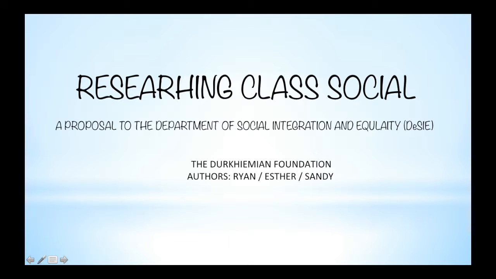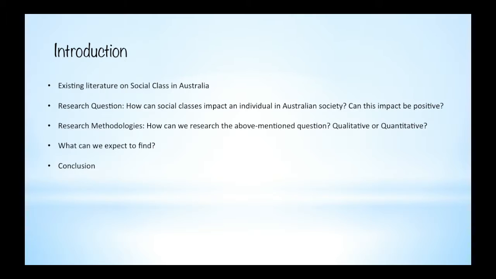But before we start, we would like to define social class as a set of concepts centered on models of social stratification in which people are grouped into a set of hierarchical social categories, mainly the upper, middle, and lower class. We will first start by outlining the existing literature on social class in Australia, followed by explaining our research